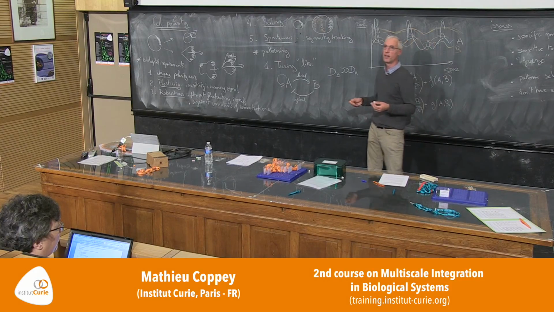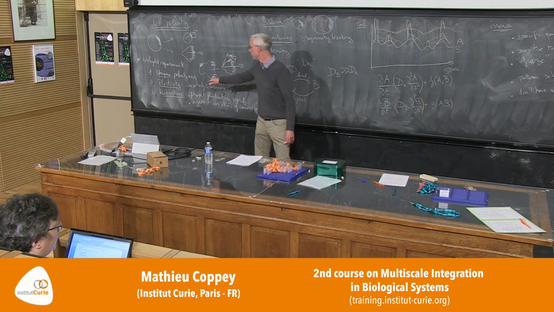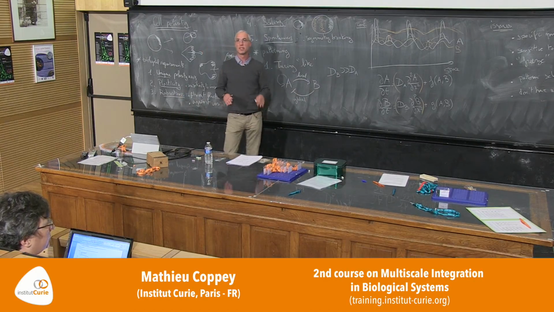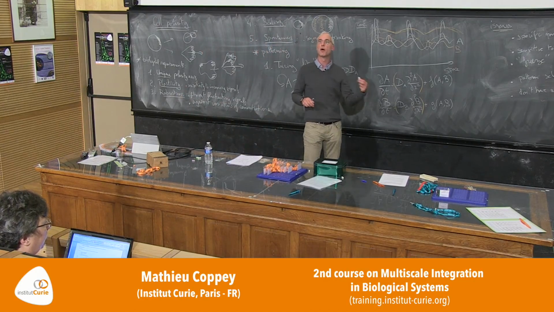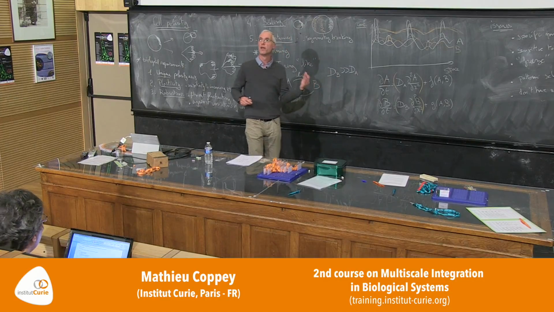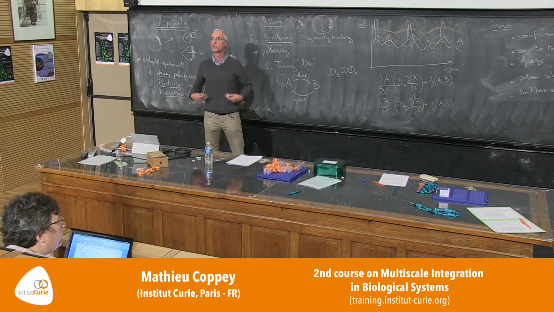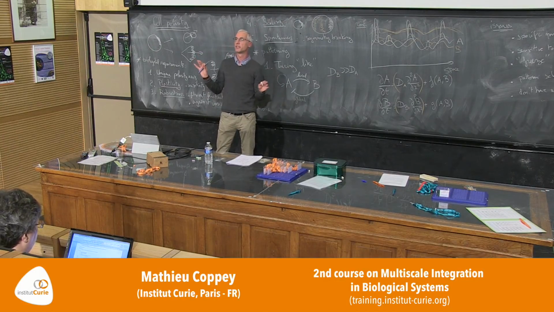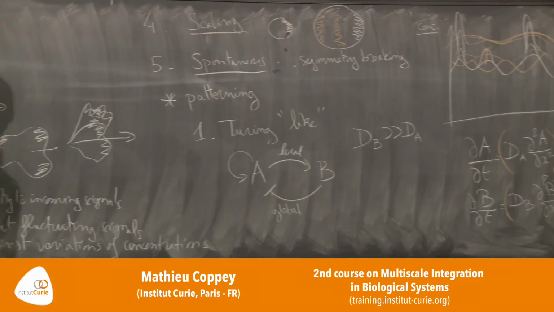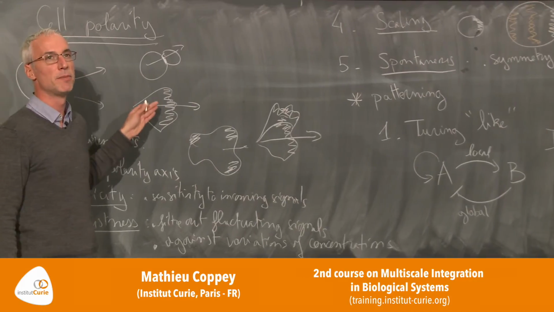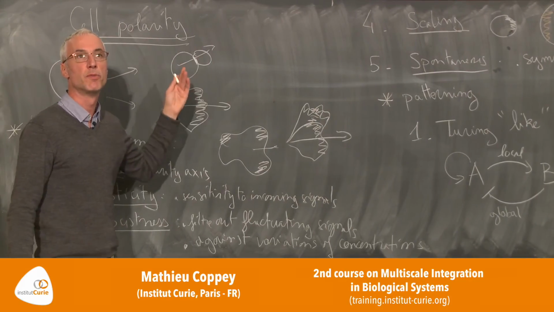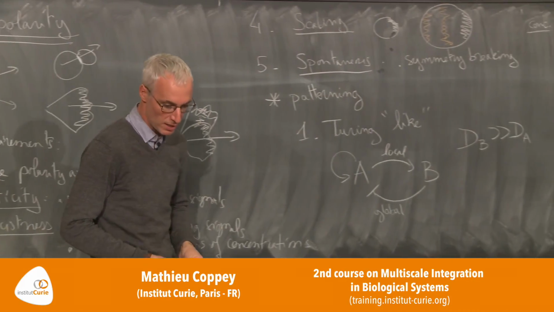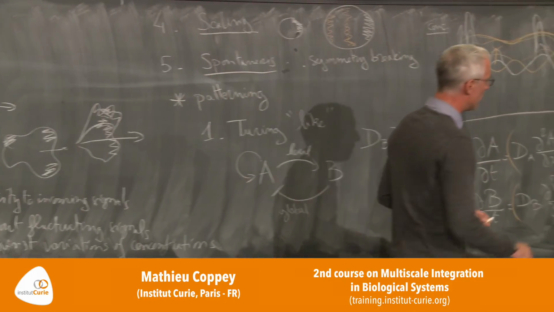So in general, to have a robust system, you need a state that can be flat and that can be triggered by an input signal. You cannot do that with a Turing pattern, because it's so spontaneous that it will always pattern by itself, not taking care of the rest of the system. So if you think about a migrating cell, for example, it would not be able to follow cues from the outside. So I will go now to another model,